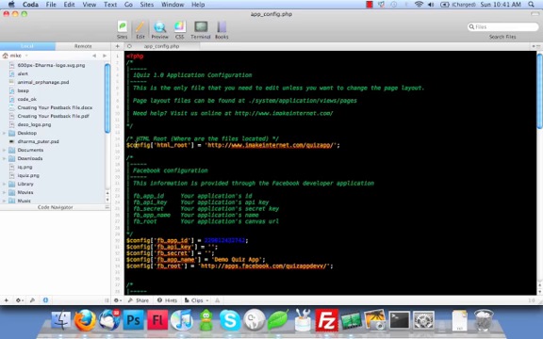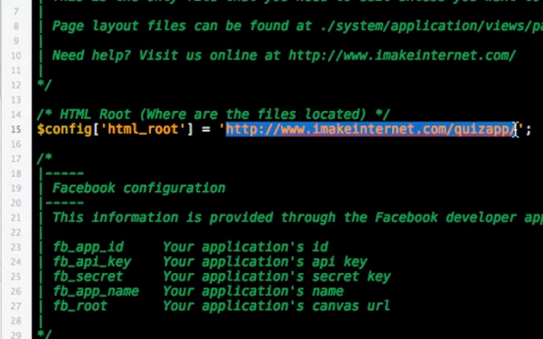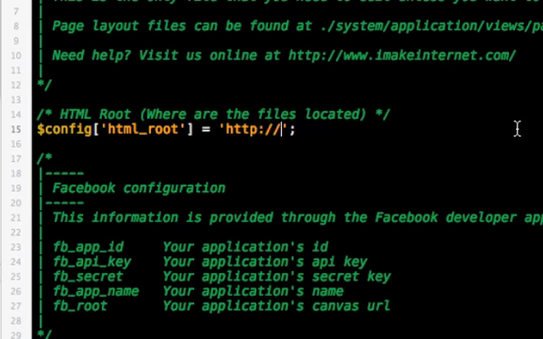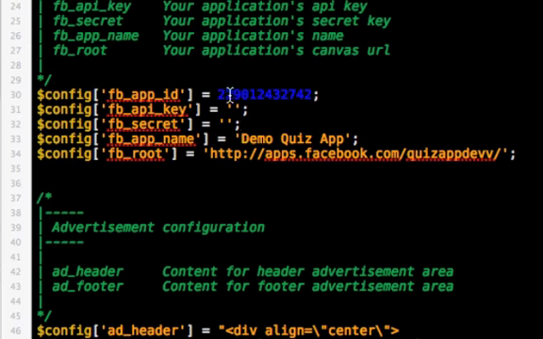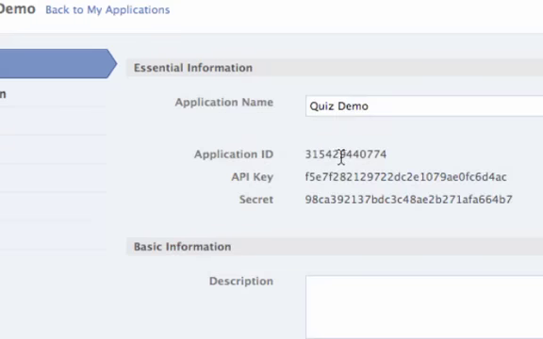For starters, we're going to change our config HTML root, which is basically the same thing as where the index.php file is located on your server, except we're not going to put the index.php in there. So http://quizdemo.imakeinternet.com/. Next on the list we have our Facebook application ID, so we can tab back to our application here